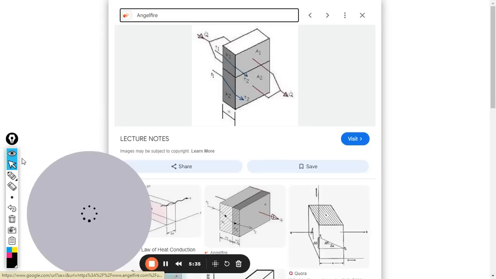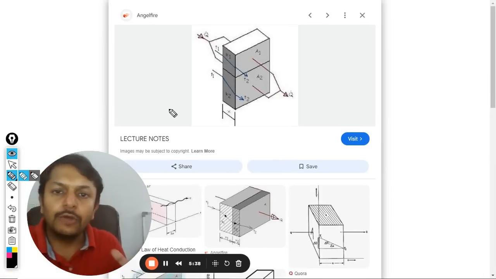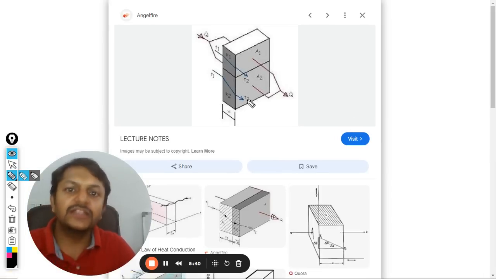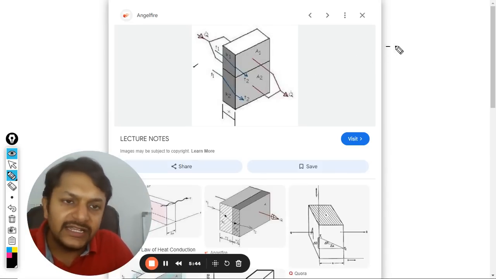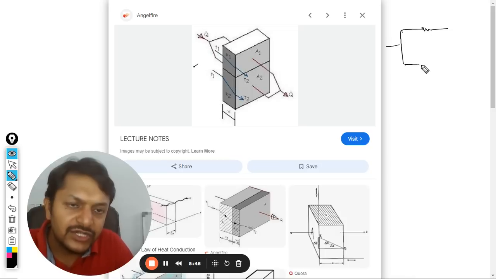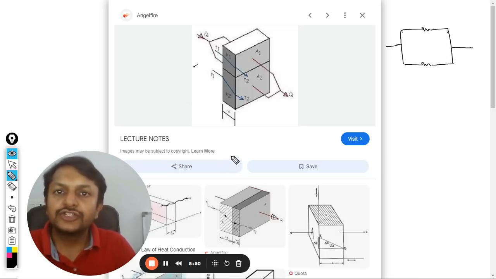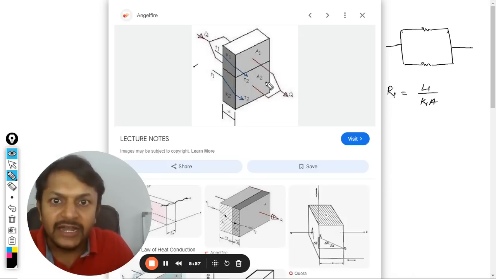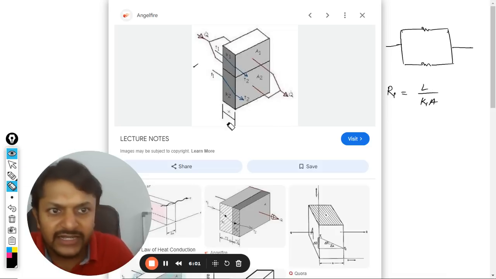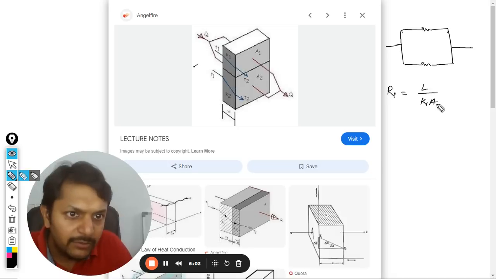Yeah, here. So this is a parallel combination, and we can just believe there are two different walls but the rooms are the same. So clearly it is composed of two resistances placed in parallel like this. So nothing to worry about. We will find the first resistance as L1 divided by K1A. In this case, the area is different, but L is the same. So we are taking it as L, but the area will become A1 and resistance 2 will become L